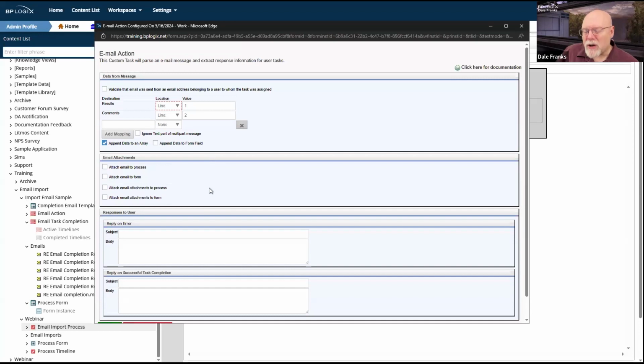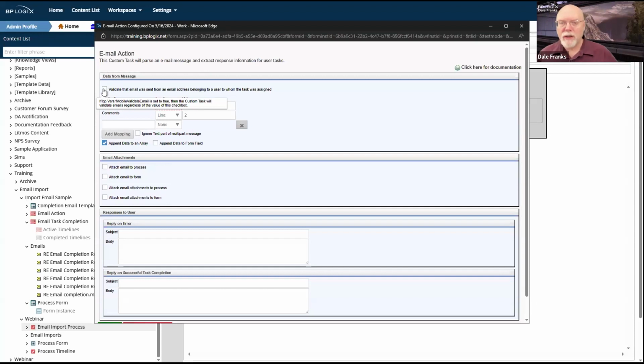There is an extra layer of security on this that you can implement. We're not going to, because everything is going to and from me, so I wouldn't be able to make it fail. But you do have a validation that whoever sent the response email, that it was sent from the person to whom the task assignment was sent.